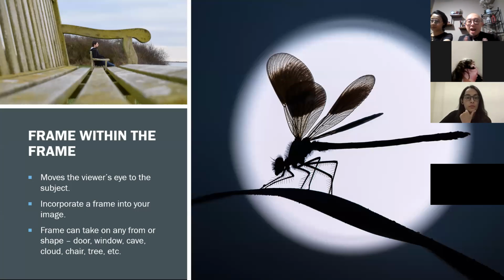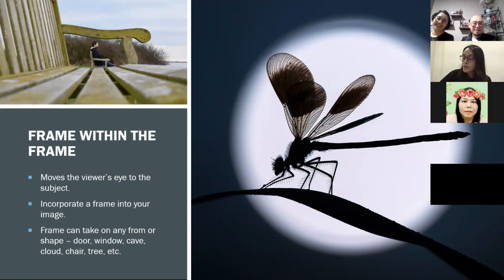Okay, so you see, using a bench. So your frame can be anything. It doesn't have to be just a frame looking thing, but it could be, you see on the right hand side, they're using the moon as a frame to take a picture of this particular insect. No, it's not a grasshopper. It looks like a dragonfly. OK，这个框中之框的话，不一定是要你用一个死的框，可以是利用可能是一个把手或者是一个洞，甚至是月亮来把这个构图表达出来。